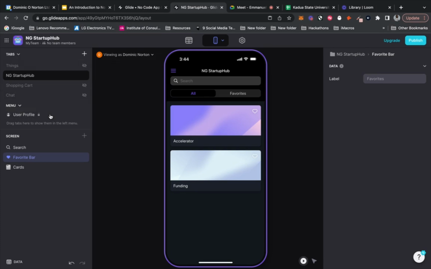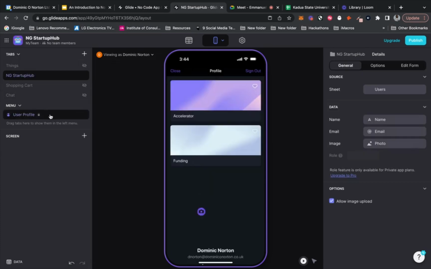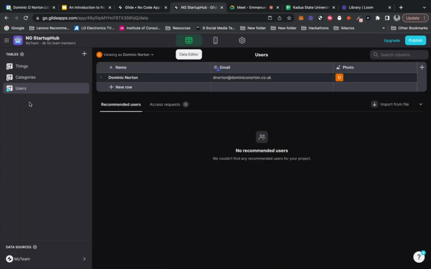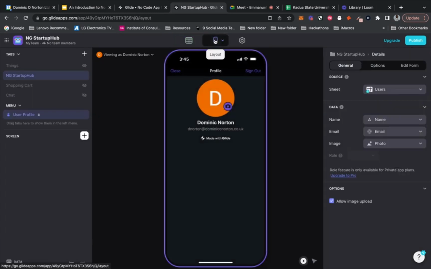what we also want to do now is just make some adjustments to our user profile and make sure everything's okay. So we have our user profiles here. It's connected to our users sheet in our database. This sheet, we have name mapped to name, email mapped to email, image mapped to photo, and that's perfect.